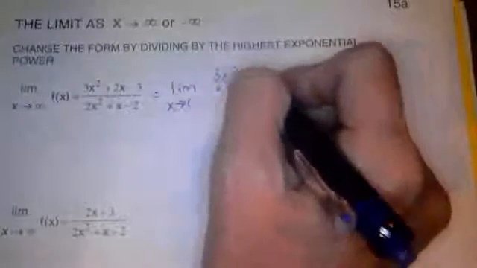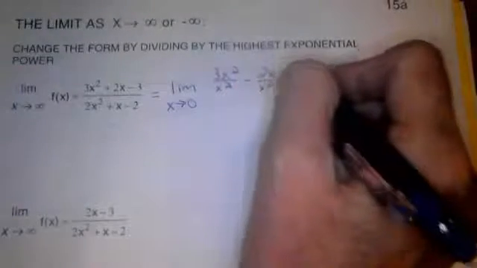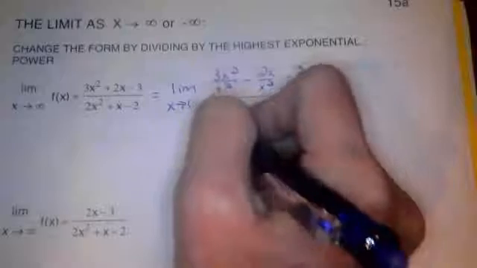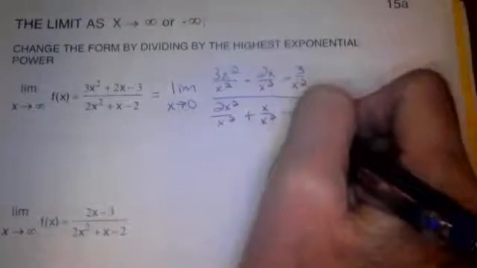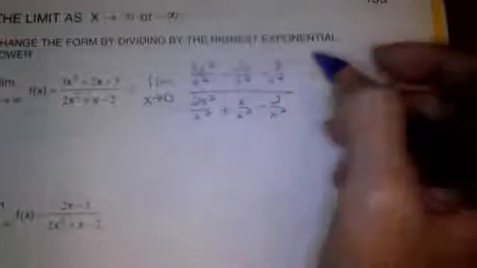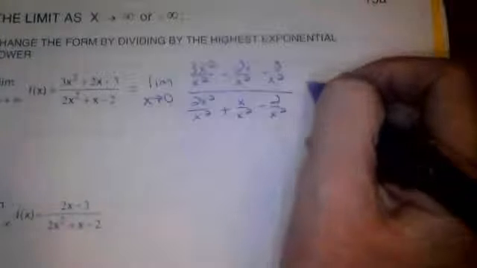The highest exponential power here is x squared. So we have 3x squared over x squared minus 2x over x squared minus 3 over x squared, all over 2x squared over x squared plus x over x squared minus 2 over x squared. And we did this last year. So we know that some of these reduce down. So we're going to get